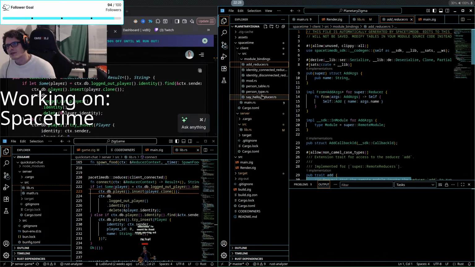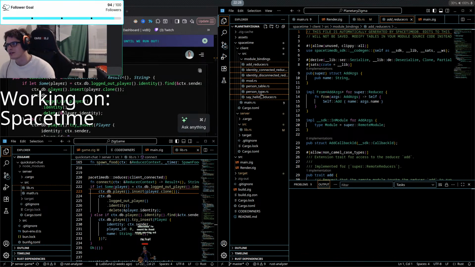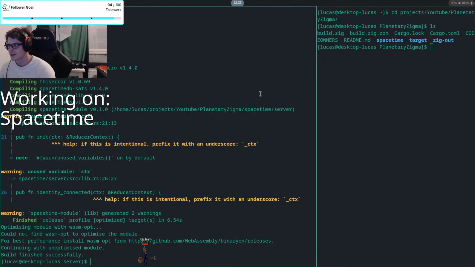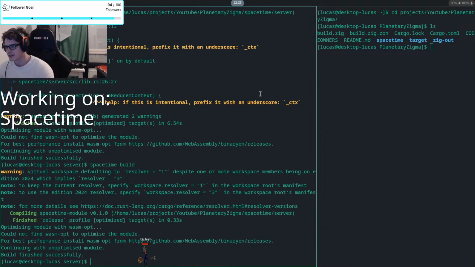Okay, time to get rid of all of these ones. And we will have quite a many errors, but that's okay. Spacetime build. And then I should be able to just do a spacetime publish dash dash, what was it? I forgot the command.